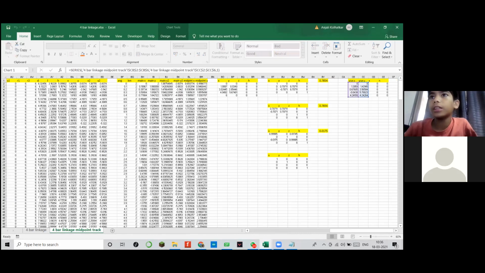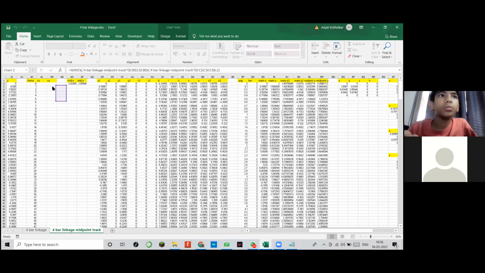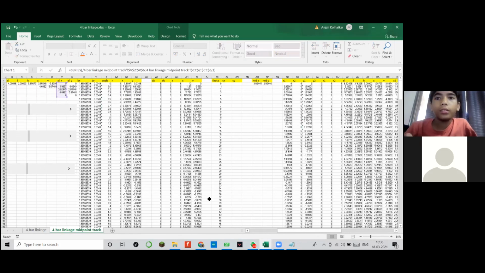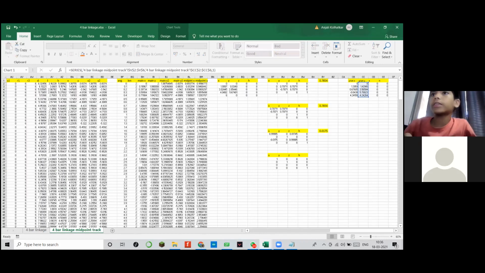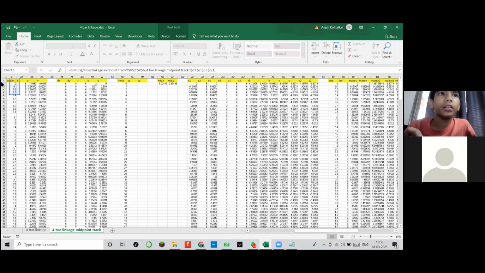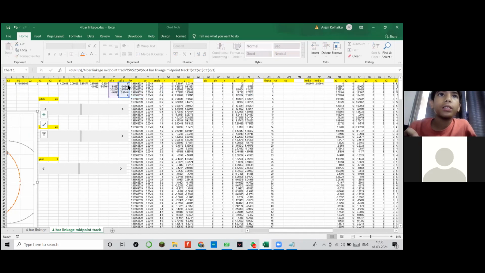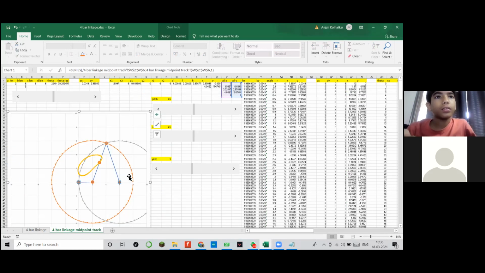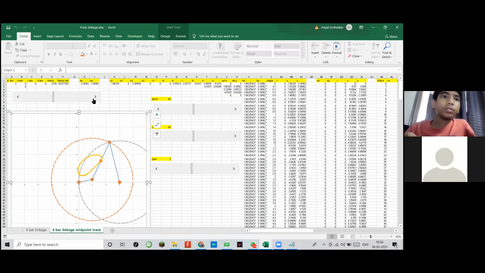And I'll shift these from here to here. Then I'll shift the second one from here to here. Yeah, sir.